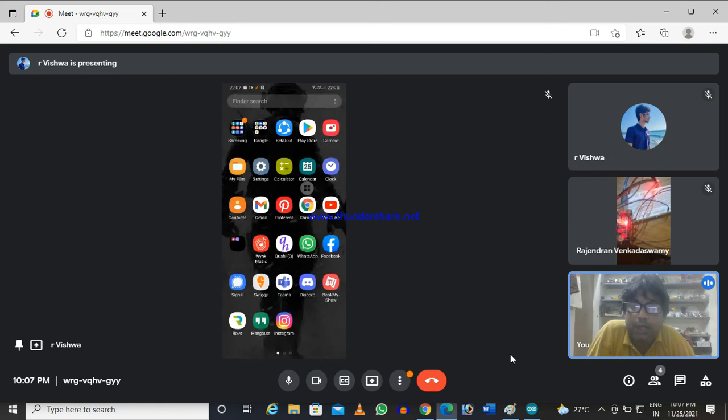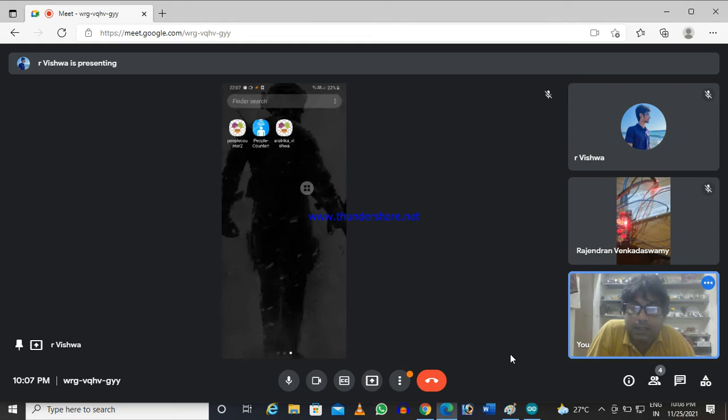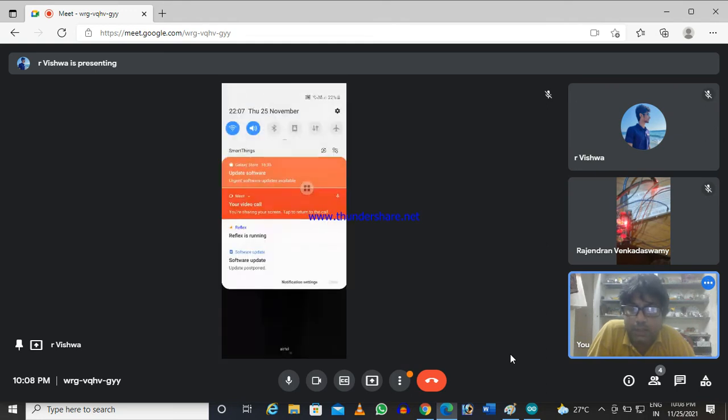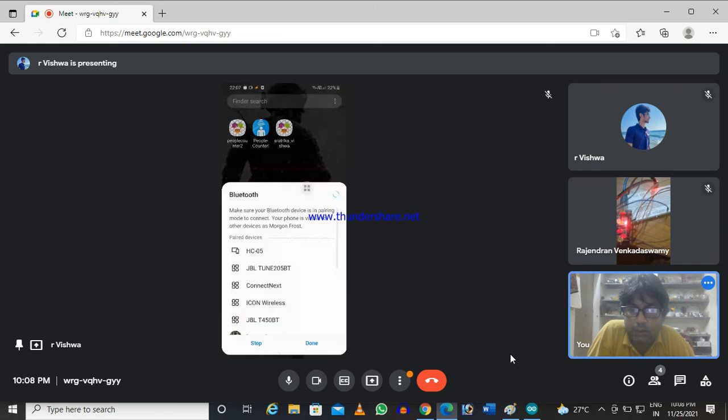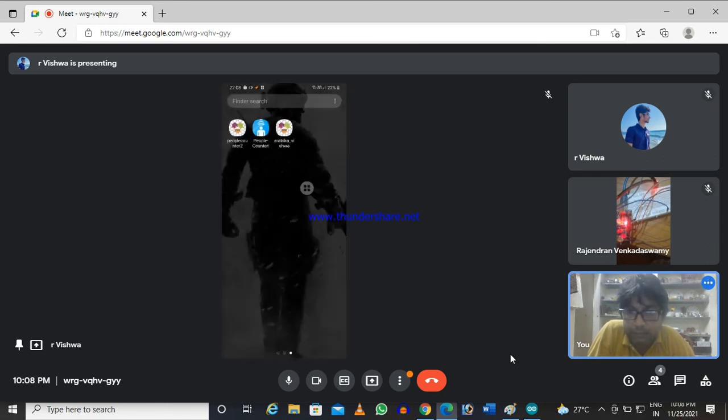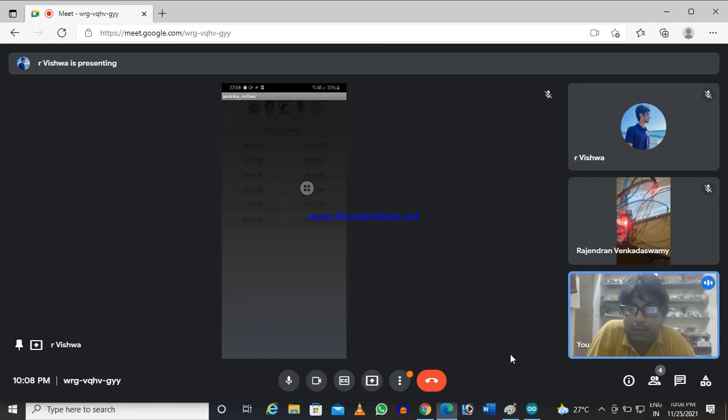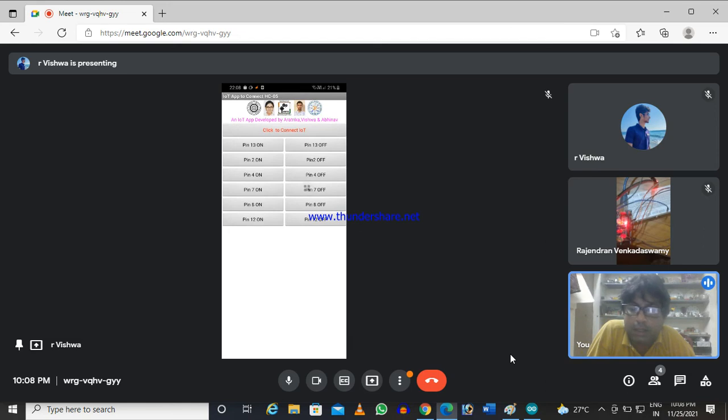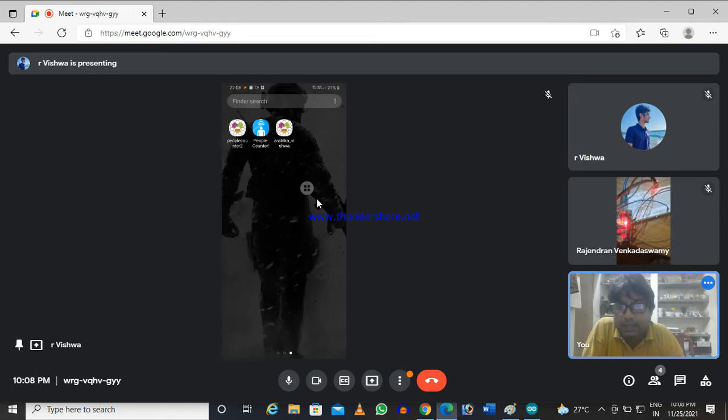Now you go to the Bluetooth, turn on the Bluetooth, and you see he is turning on the Bluetooth, and these are the devices within the range. Now you connect HC05, and it is successfully connected. Now you see this is the app. Now go back, just close this app.